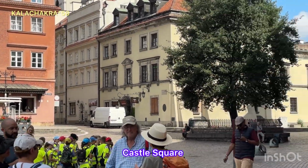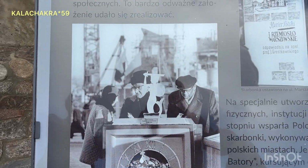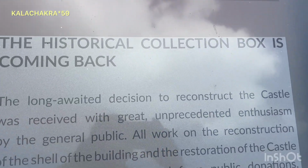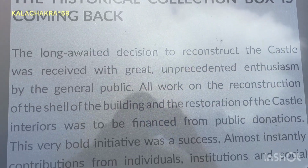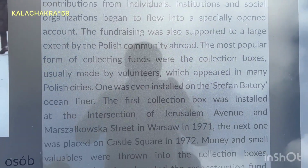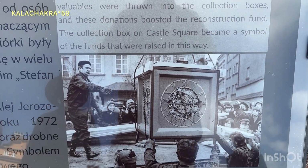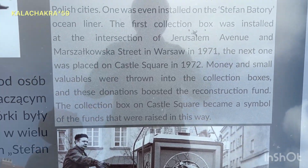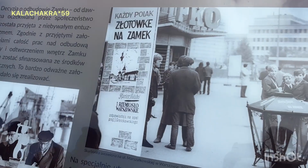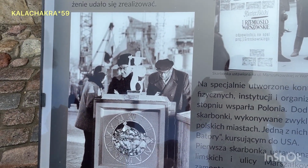But it is impressive because it is reconstructed. And even from the smallest villages, Polish people who lived abroad sent money. If someone didn't have any money, widows gave their wedding rings. So it's impressive, and it's on the UNESCO Heritage List at the moment. On the UNESCO Heritage List there's also the Old Town, because the Old Town was also...